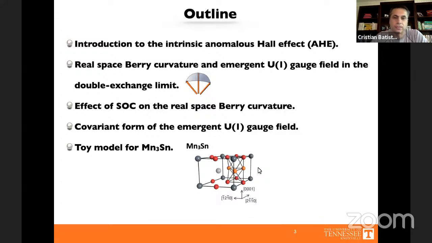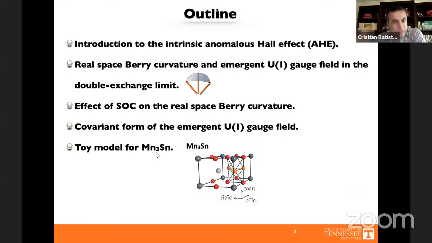What we will see essentially is that this emergent U(1) gauge field that leads to anomalous Hall effect actually has a more general expression that includes the scalar spin chirality as a limit, right? So you will find a covariant expression of this emergent U(1) gauge field. And this result will help us to understand something that has been reported in different materials over the last, I would say, 6 to 7 years, which is the fact that both coplanar and collinear antiferromagnetic orderings can also produce anomalous Hall effect. And, if time allows, I will discuss the case of manganese 3-tin, that is